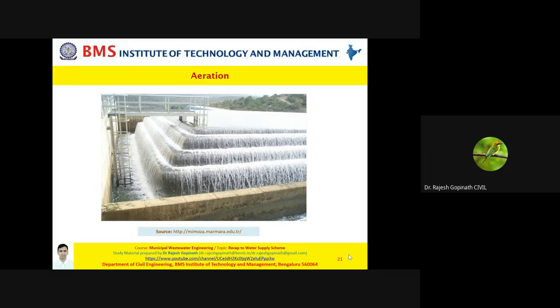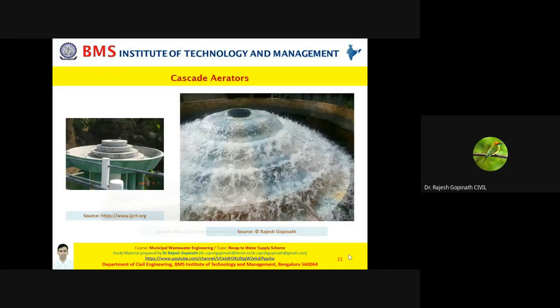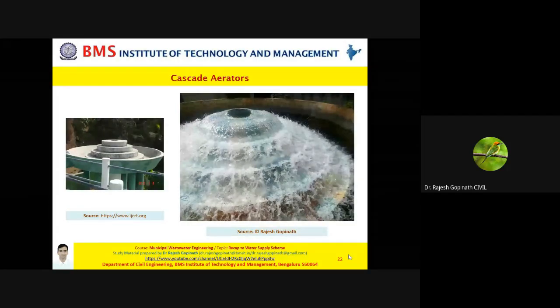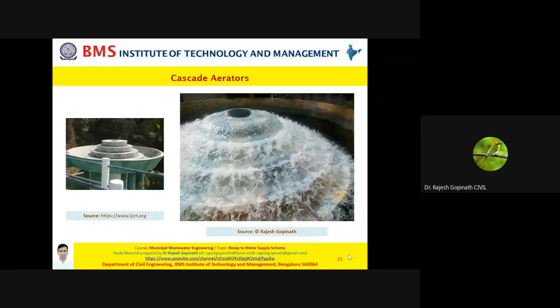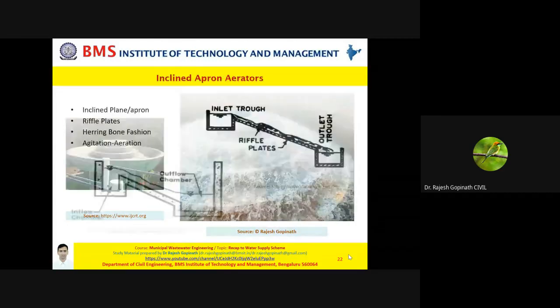Now, this is a typical cascade aerator. Please remember, we have different types of aerators based on the mechanism of how the mixing takes place. Cascade means steps, when the water is made to run down steps. The image on the left hand side is a cascade aerator which is not operational. Probably it's under repair or maintenance. And on the right hand side is where it is fully functional. So when the water is falling via the steps, it gets mixed with the air.